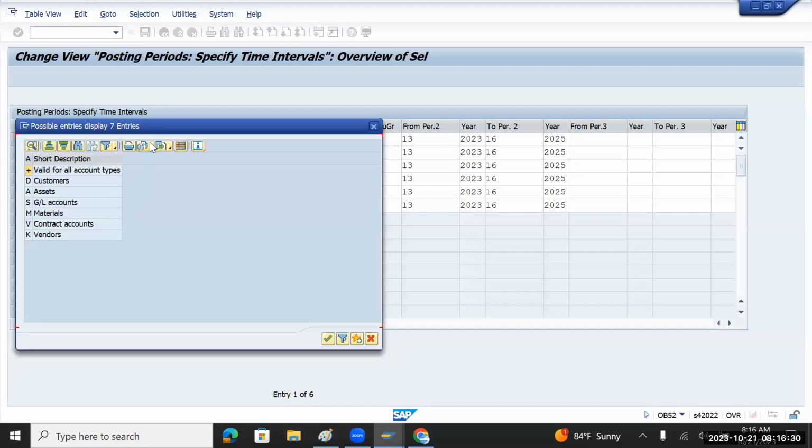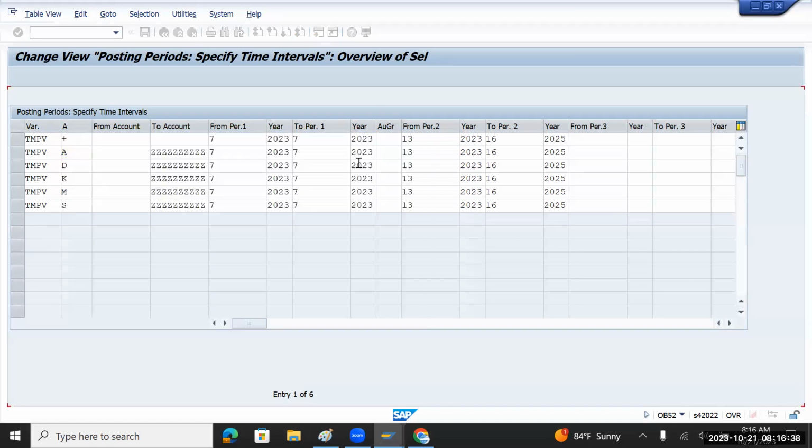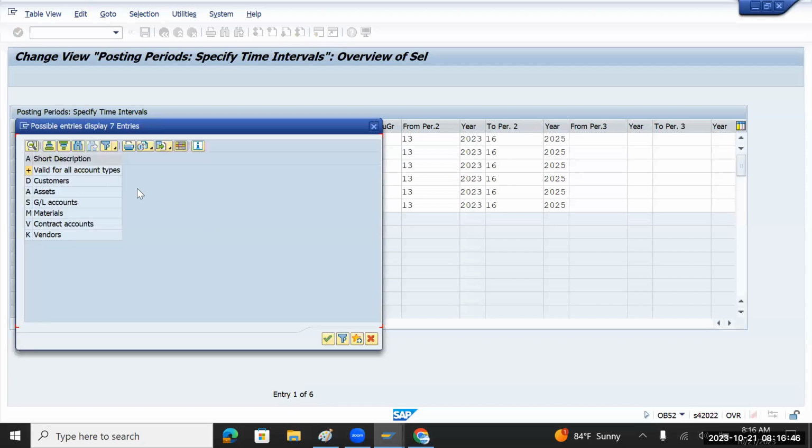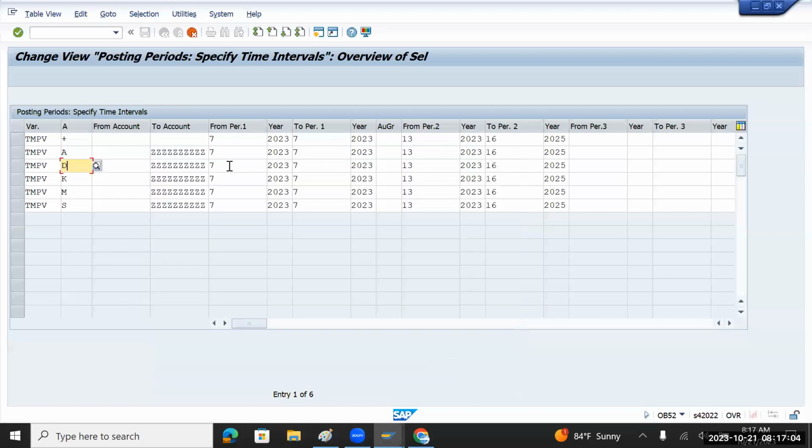So today is 21st, and I have done all my settings and everything for the vendors. So for vendor, I will open 7 to 7. But the customer-related information, meaning the customer team who is handling the customer-related activities, have not yet completed their half year closing. They need to make some adjustments. There is an audit going on, and the auditor is asking for some more details. So what they will do is they will keep this open